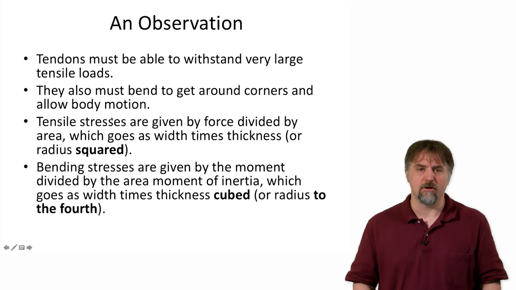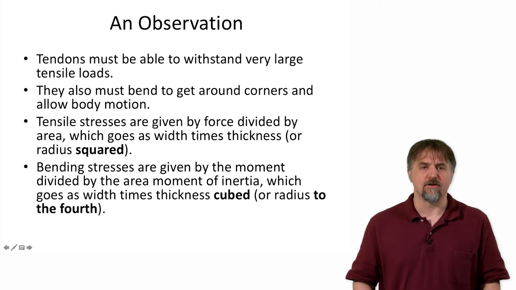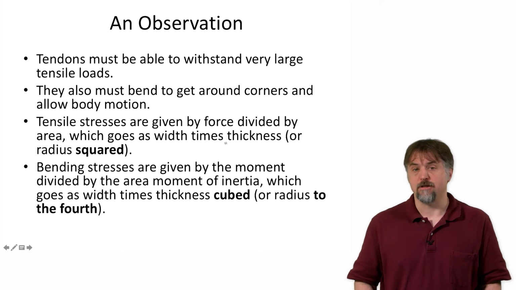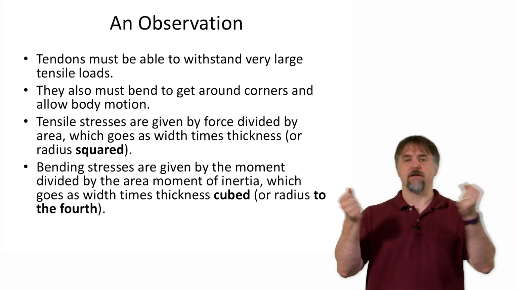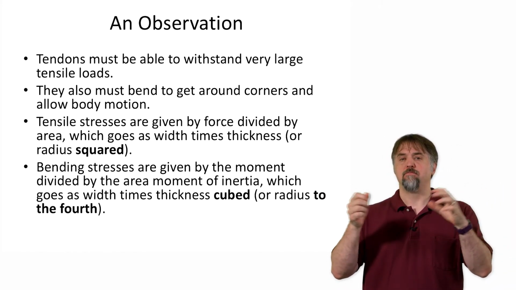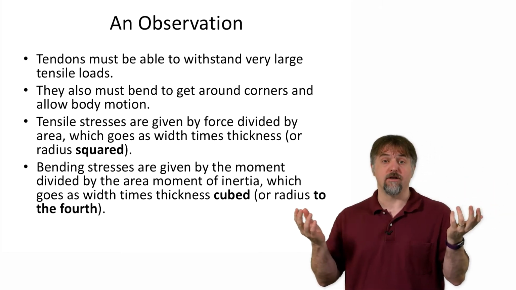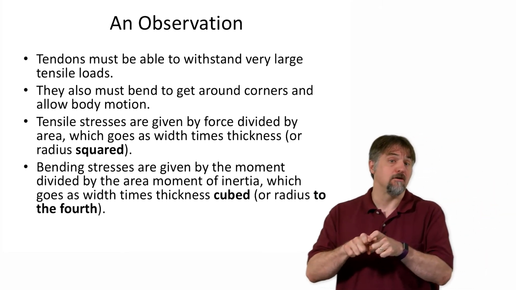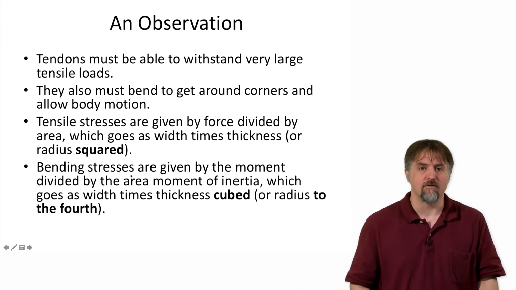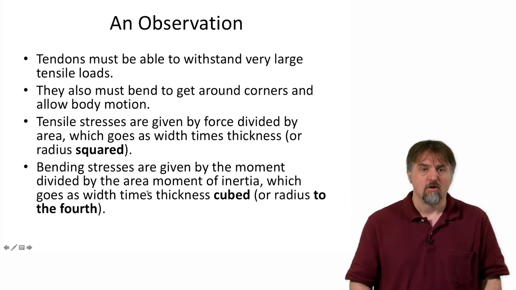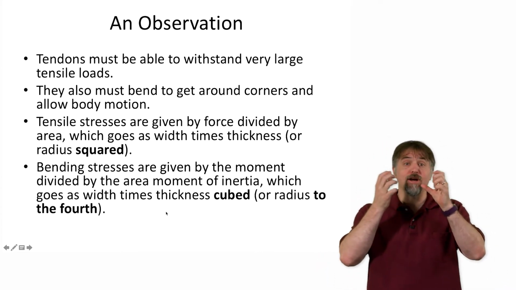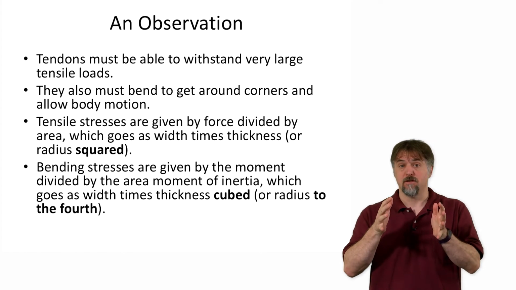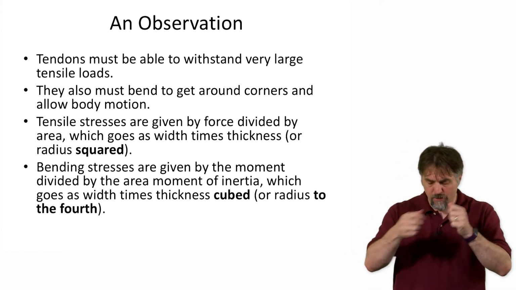And we're going to remember something here from your undergraduate mechanics class. The tensile stress is the force per unit area, which goes as width times thickness, or as radius squared. So what that means is the amount of force something can handle gets bigger roughly with the square of its radius or with its width times its thickness, right? But bending stresses come from the moment divided by the area moment of inertia, which goes as the width times the thickness cubed, or the radius to the fourth, all right? So the dependence on thickness or on radius is much bigger in bending stiffness than it is in tensile stiffness